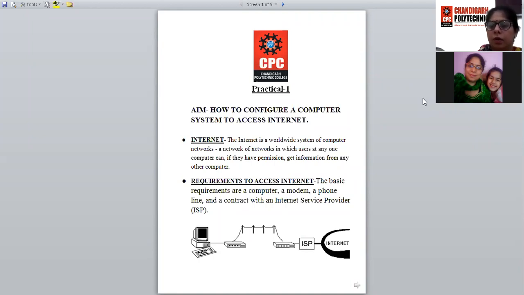Another important thing that you have learned is that internet connections are possible in two ways, either wired connections or wireless connections. In the case of wired connections, cables are used, and we have different categories of cables. We can choose them according to our requirement and budget.